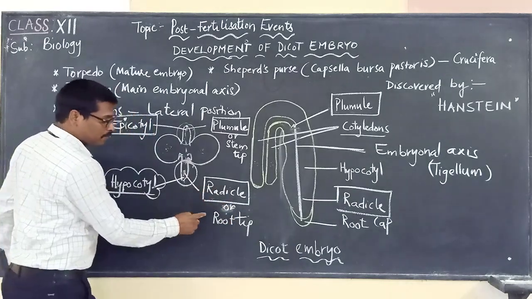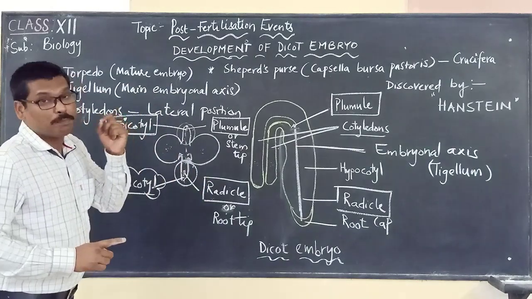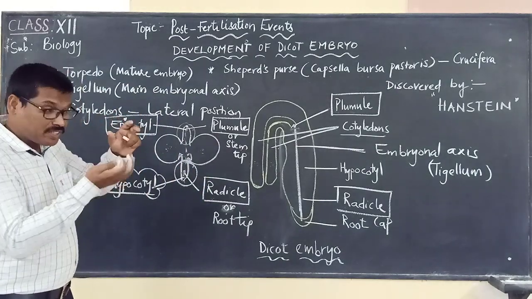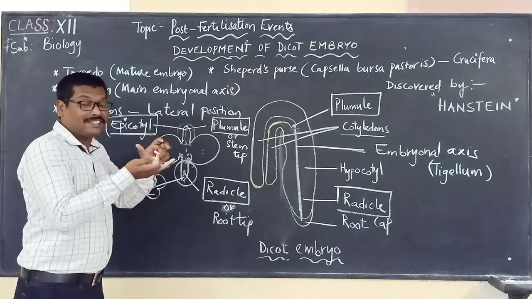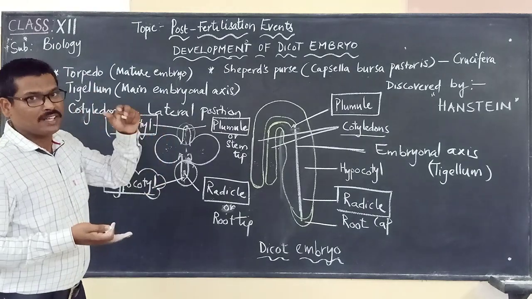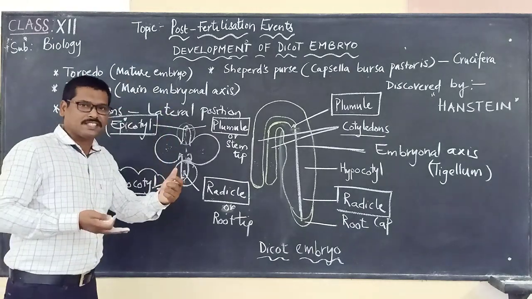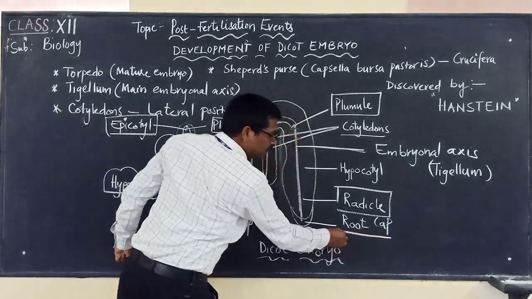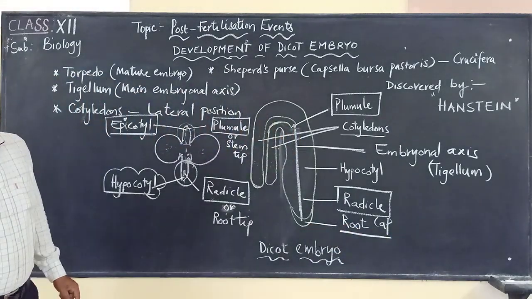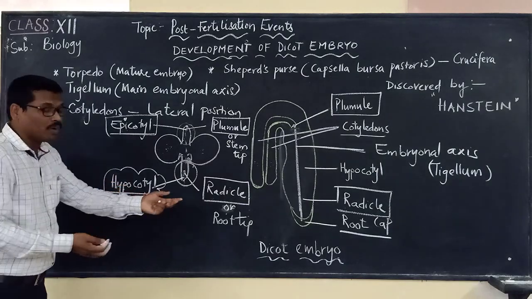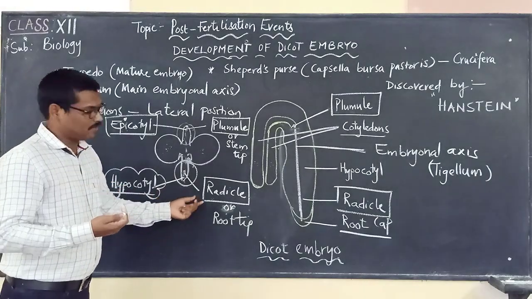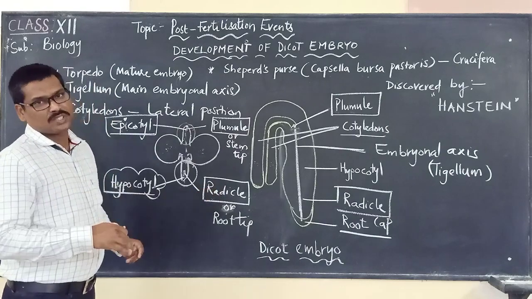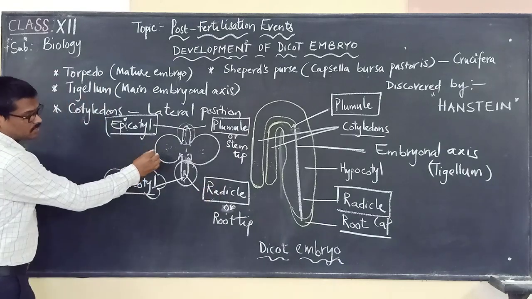And also please remember, we have already studied about the hypophysis, which is very close, adjacent to the embryo. We said adjacent to the embryo of the suspensor cells is what? Hypophysis. That hypophysis is here, which is giving rise to what? The root cap. So all these together will help in what? Formation of the root system. Radicle will be giving rise to what? Root system.